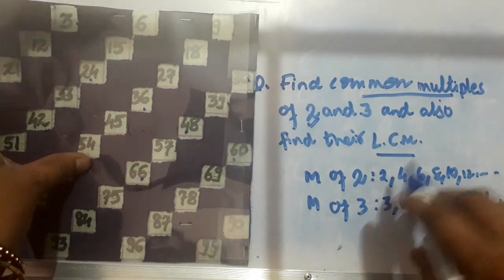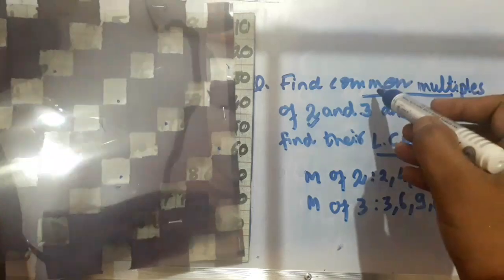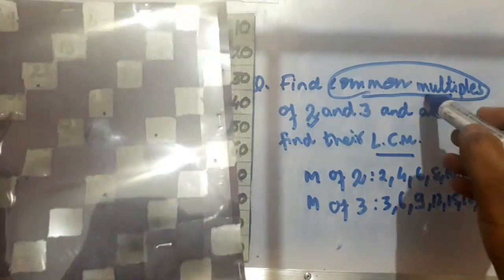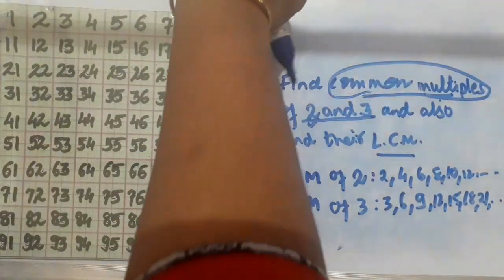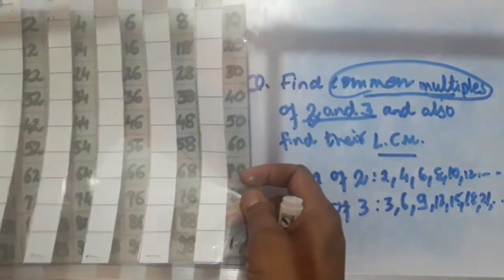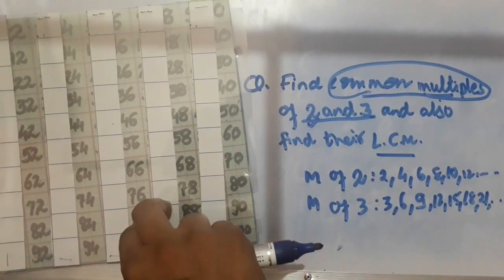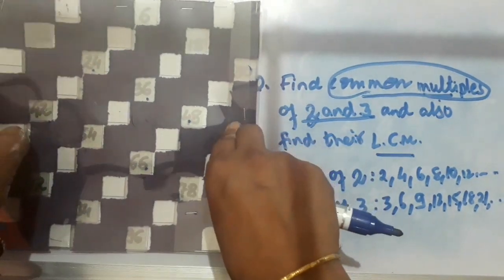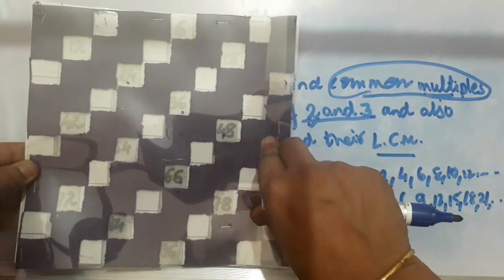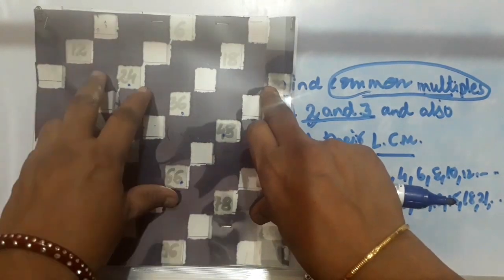Now I want to find out which are the common multiples of 2 and 3. So now I will find out common multiples of 2 and 3 using the activity. The first grid where multiples of 2 were given, I will cover with multiples of 3, and the left out numbers which you can read